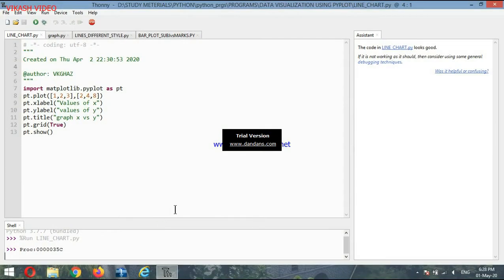The first code is how to draw a line chart. First of all you need to write the code: import matplotlib.pyplot. You know about import. If we need some function or different types of methods, then we need to import. Right now we are using pyplot to draw diagrams or graphs. That's why I have written at the top, import